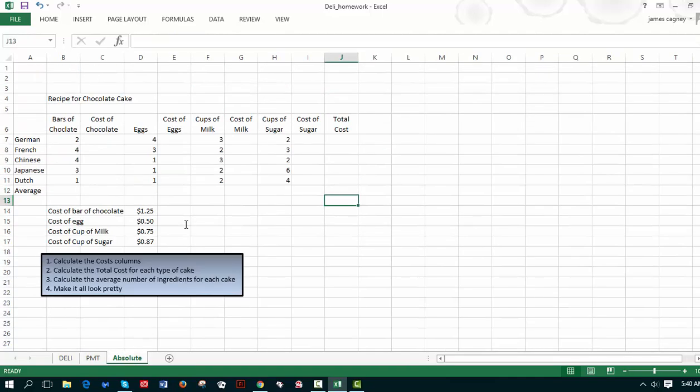And our last spreadsheet here is a recipe for chocolate cake. Here we're going to use absolutes. Now I'm going to calculate the cost of chocolate for a German cake. I'm going to enter equals, 2 bars of chocolate times the cost of a bar of chocolate. I can come up here and say it's B7 times D14, which